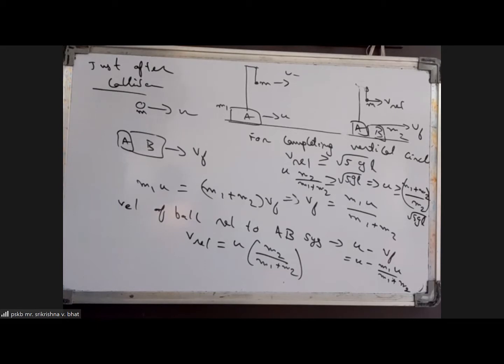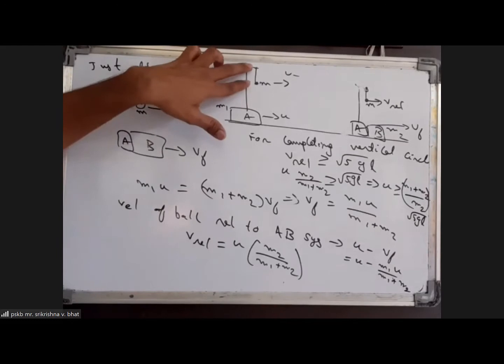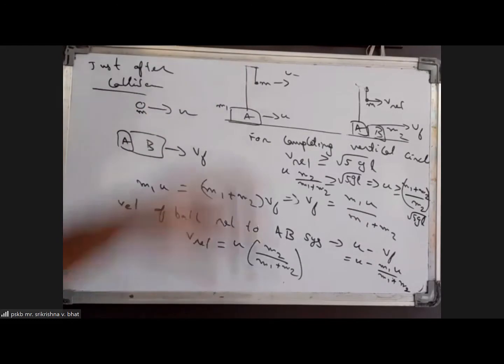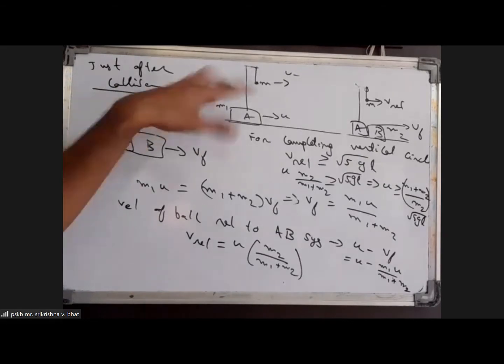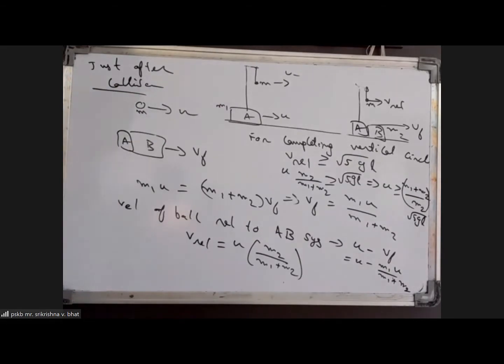So what would change if mass m is not very small in comparison to the block? Actually, if the mass in comparison to this block is not very small, it will not make a difference as such in this case. Because during the collision between the two bodies, since the string is inextensible and does not have any inertia, it will not transfer any momentum or any impulse to the ball during the collision. So that's something we are able to use.